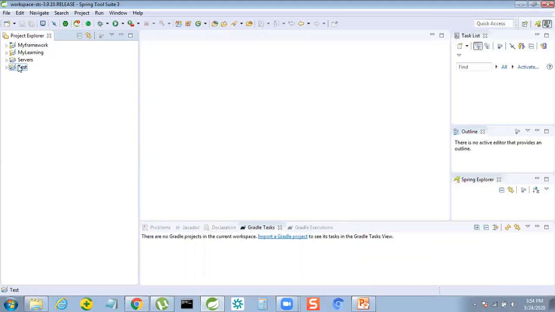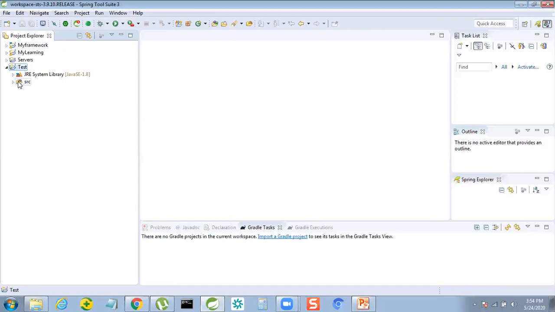Once you successfully click on the finish button, in the project explorer window you will see the project listed over here. So we created the test project, right? It is listed under project explorer. Expand it, then we will see how the architecture looks. This is how the Java project will look like. They provide one source folder, and under that you can create the packages and classes, whatever you want.